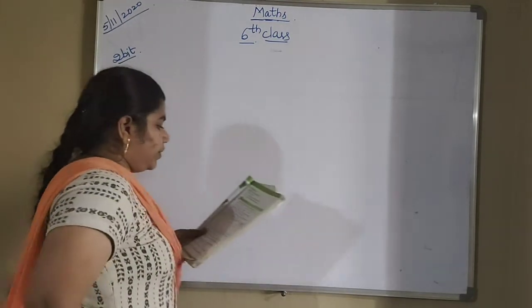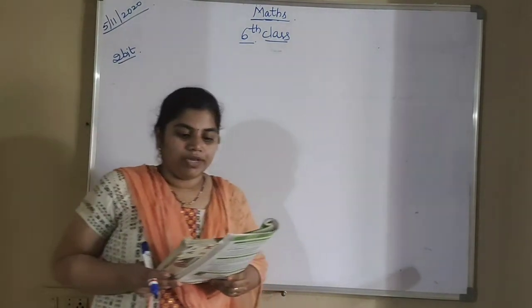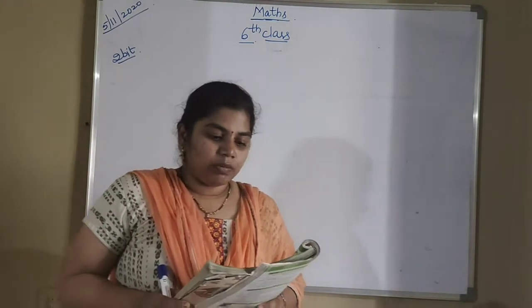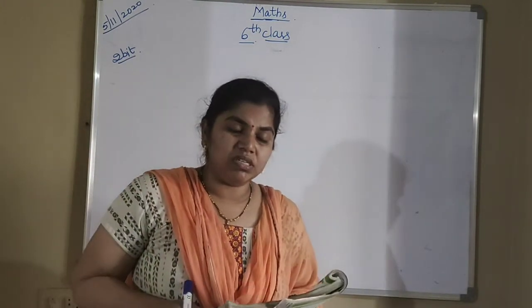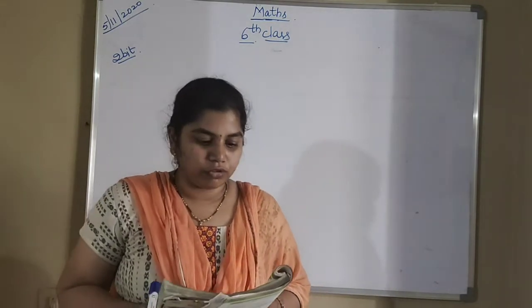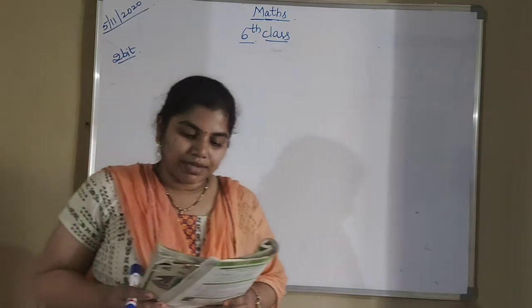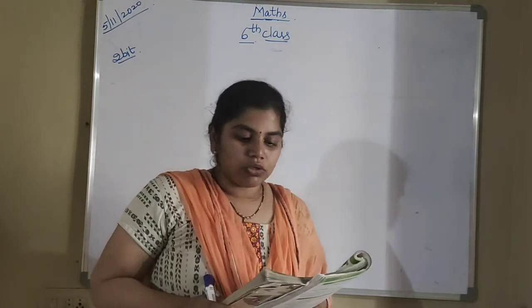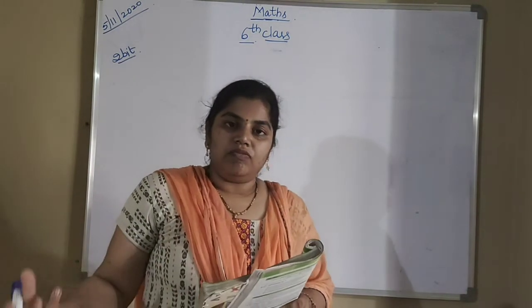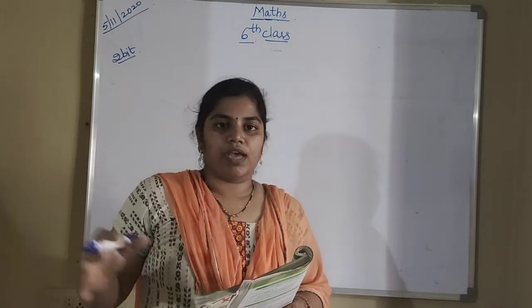So what is second bit here? Determine which of the following numbers are divisible by 5 and by 10. Okay, so they have given some set of numbers, and we have to check which numbers are divisible by 5 and which are divisible by 10. And check whether the numbers that are divisible by 10 are also divisible by 2 and 5. So if they are divisible by 10, we have to check that they are divisible by 2 and 5.